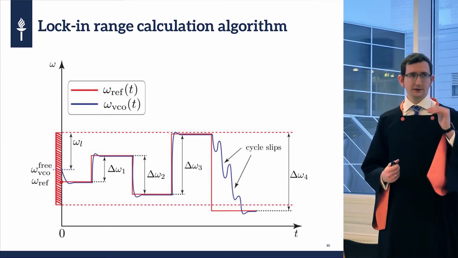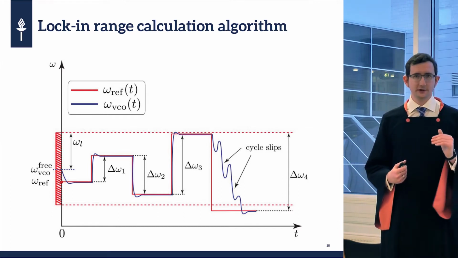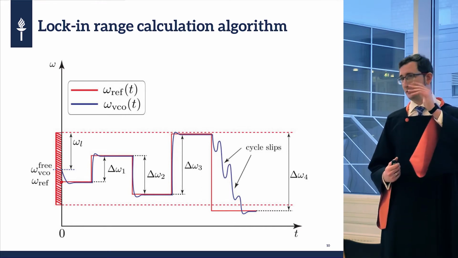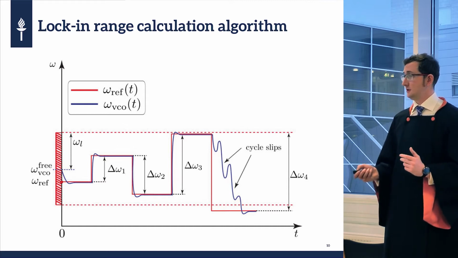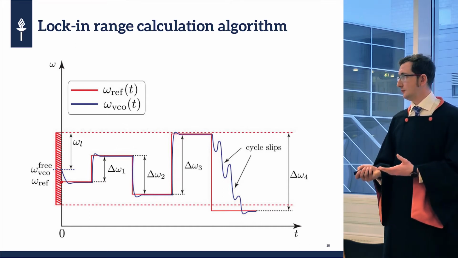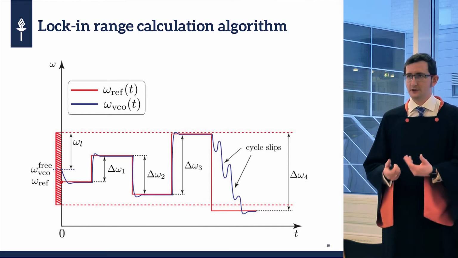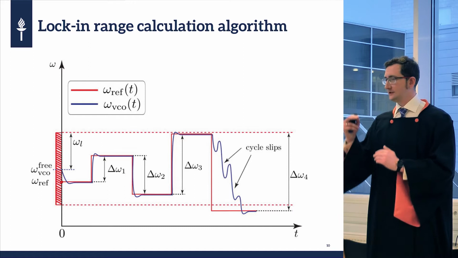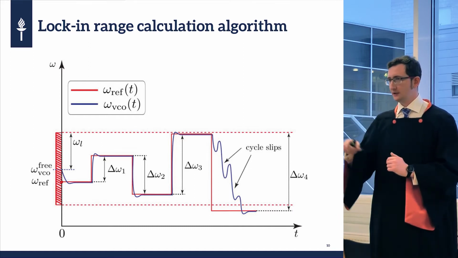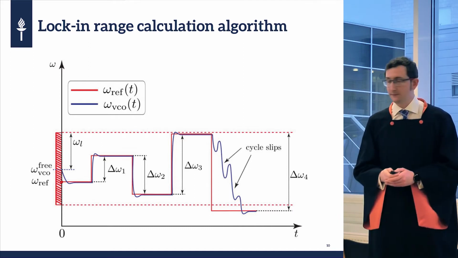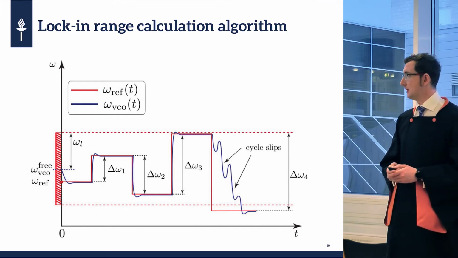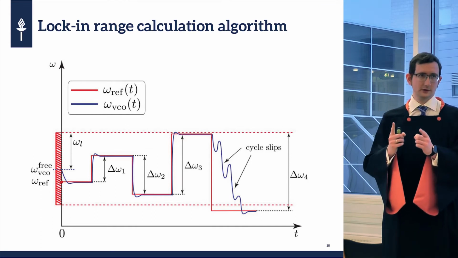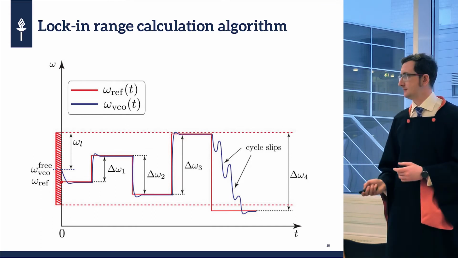So we are in synchronized state, the phase lock loop is in synchronized state, and then you abruptly change the frequency to the opposite side. Then just watch the system behavior. If it's synchronized without the cycle slipping, then it's okay, we are inside the lock-in range. Once the frequency difference gets too big, cycle slips appear, and we are outside of the lock-in range. So this is the problem, and the boundary is somewhere in between those two last switches.